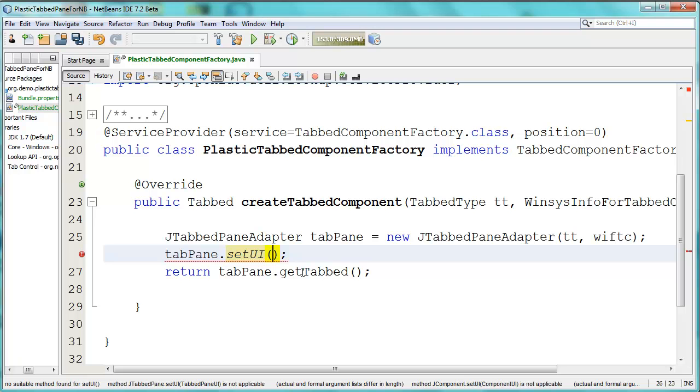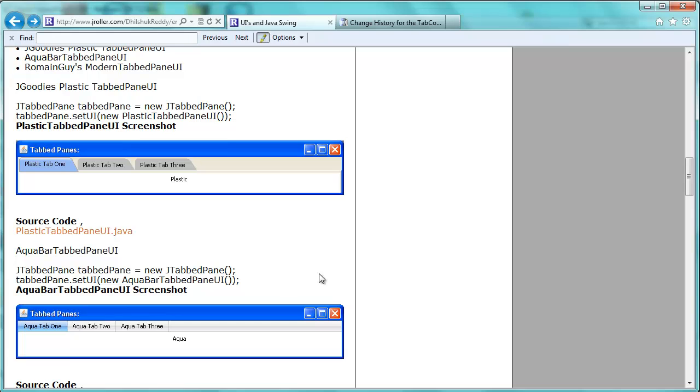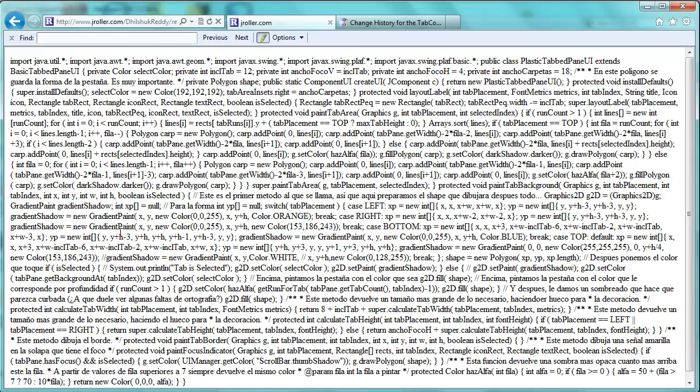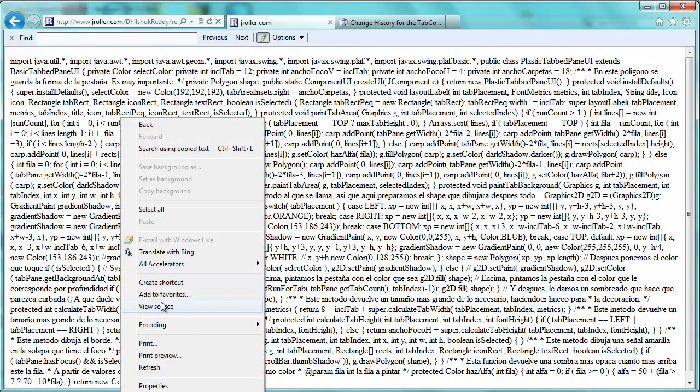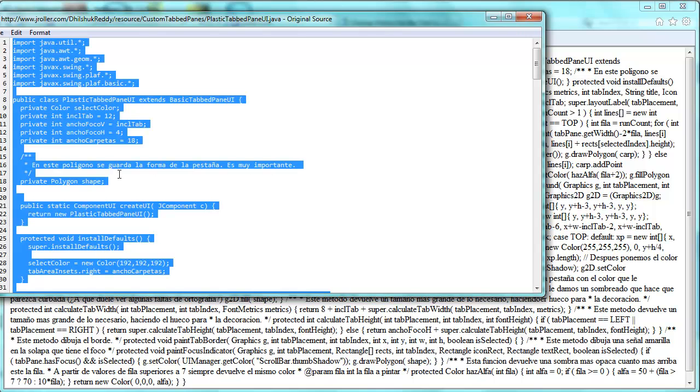Now we say set UI, and here is where we can just pass in any of these interesting classes that are provided here. So one of these is PlasticTabPaneUI. I'll click on this, it opens a class, I go to view source, and here is this whole interesting source file. So copy this,